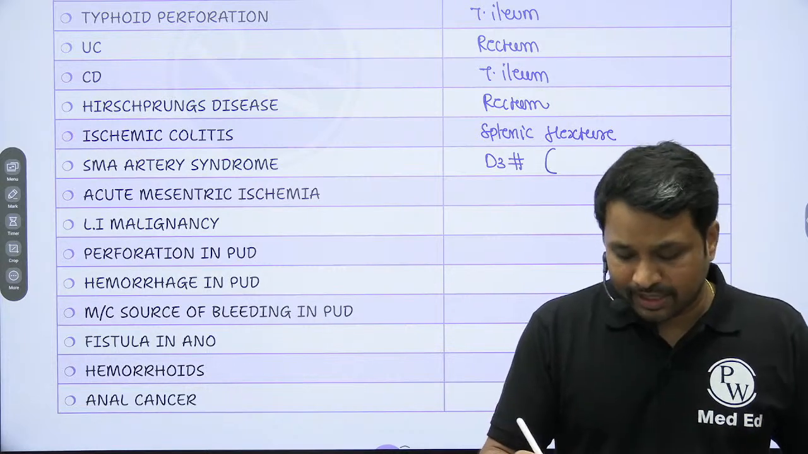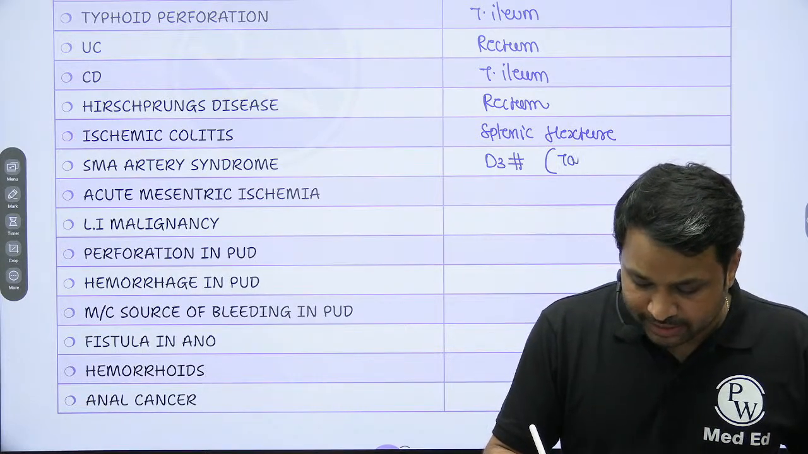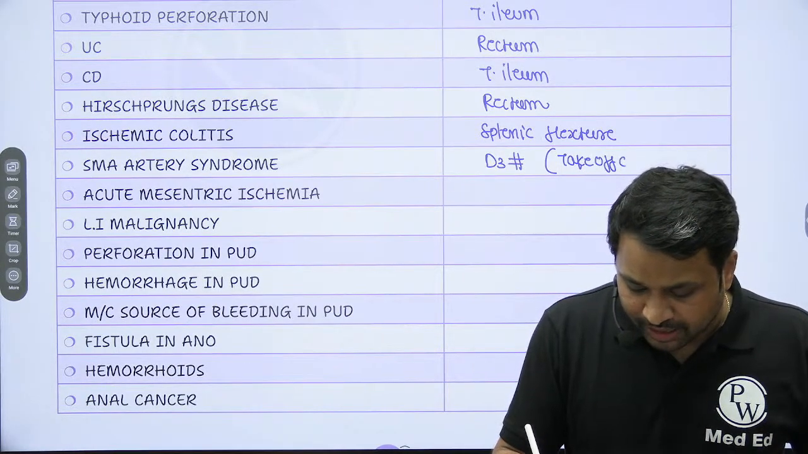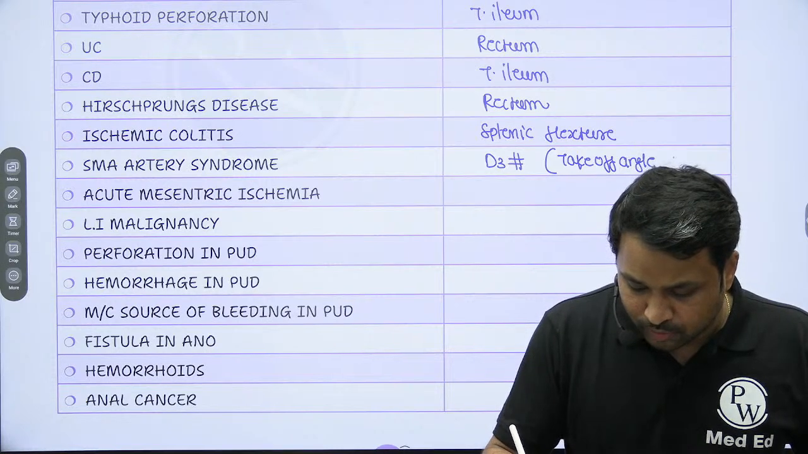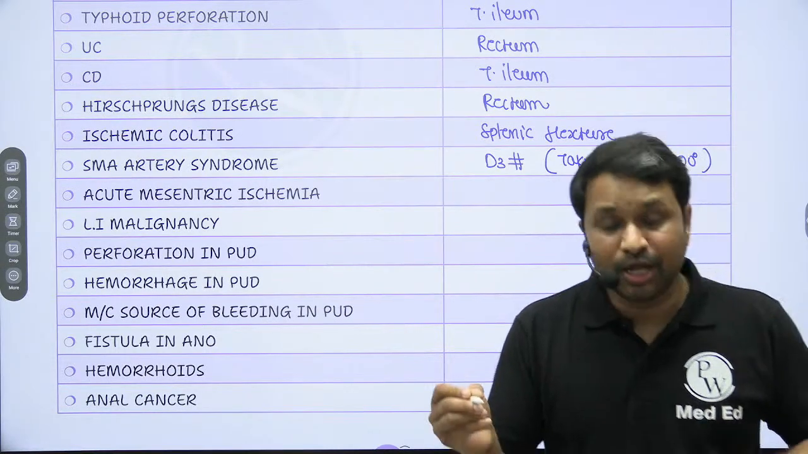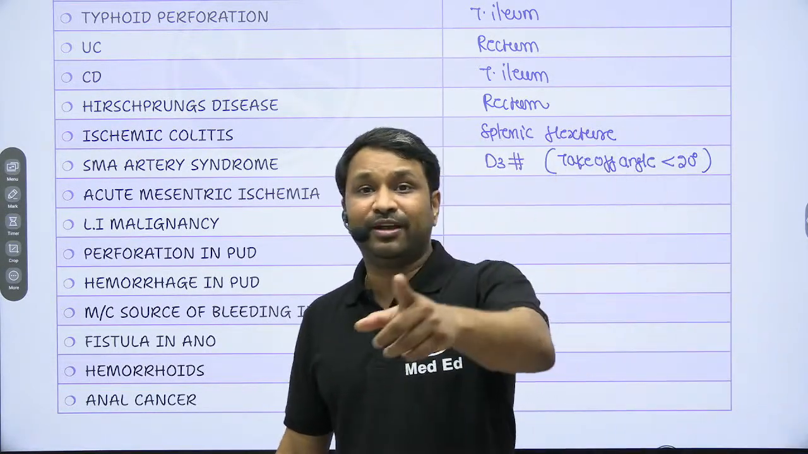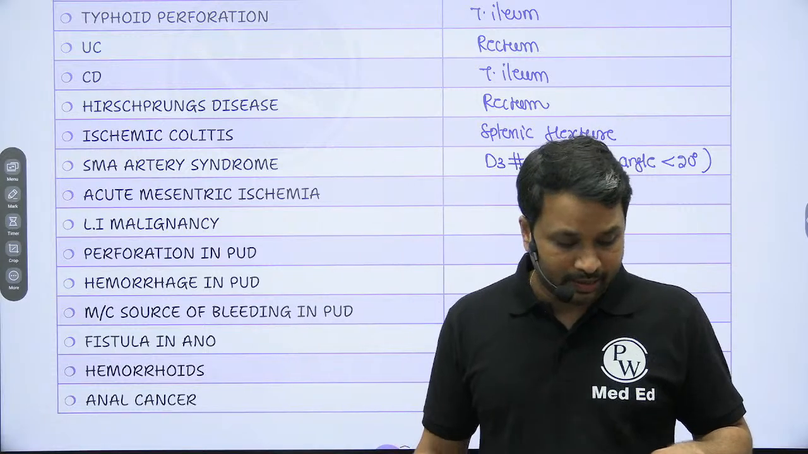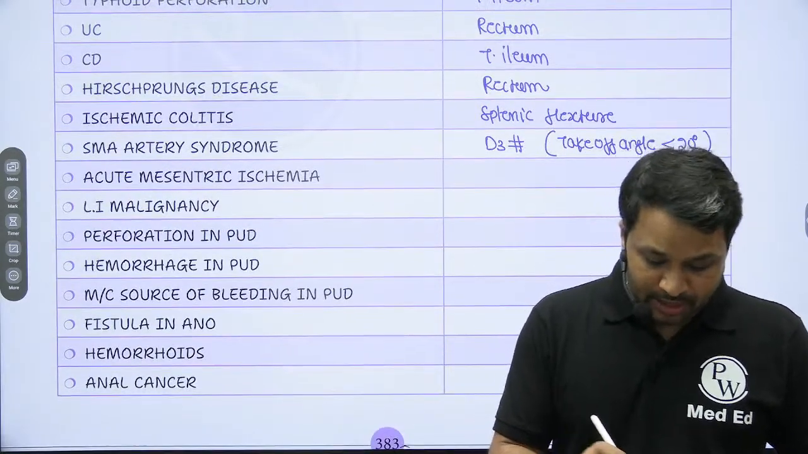Remember, SMA artery syndrome के लिए take-off angle कितना होना चाहिए? Remember, the take-off angle for the SMA syndrome should be less than 20 degrees. Normal take-off angle 25 to 45 degrees होता है, ठीक है।